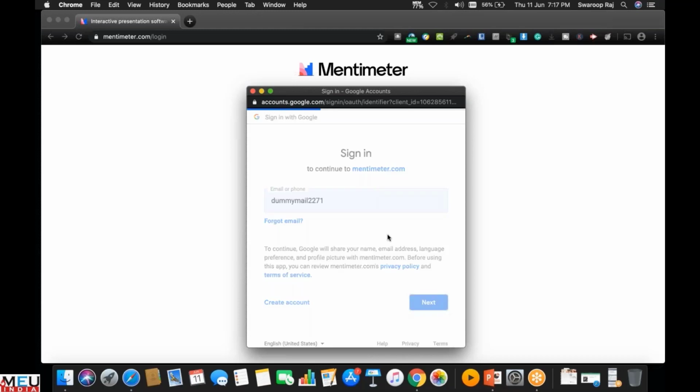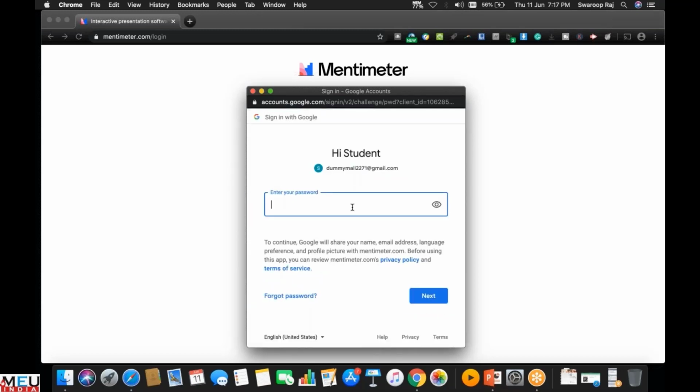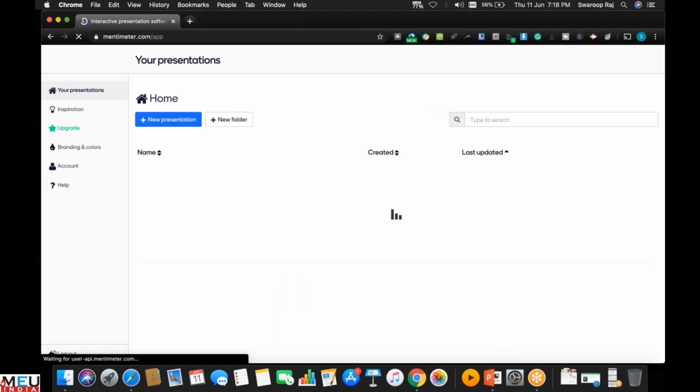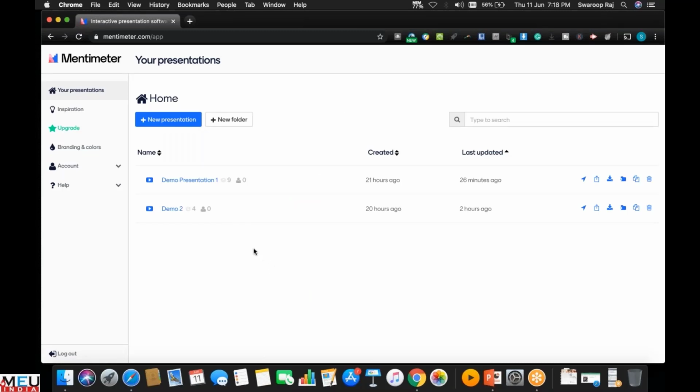Here I have created one ID specifically for these online tools. Once you log in, you will see an empty page with an option of a new presentation or a new folder.